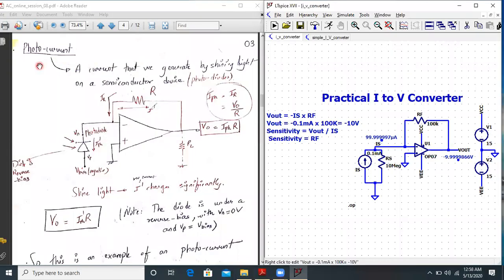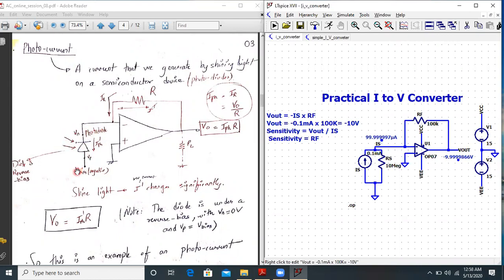Here we have a small application, a photocurrent measurement. We have a photodiode instead of a current source here. How does the photodiode work? If light is shined on this photodiode, it produces current because of the response to the light in the form of photons. So the current is generated by shining light on the semiconductor device.